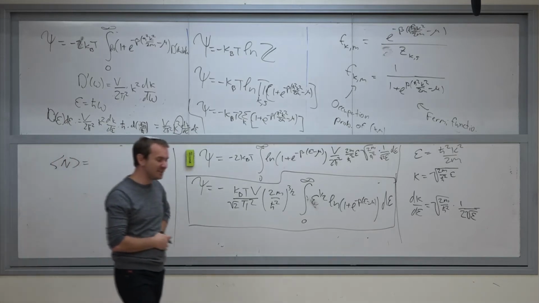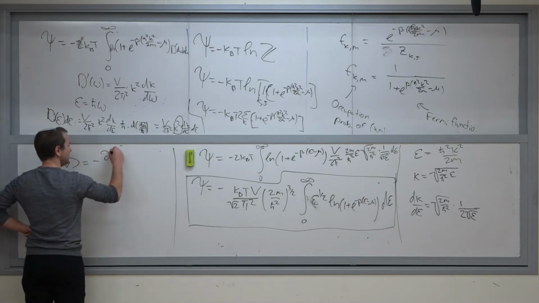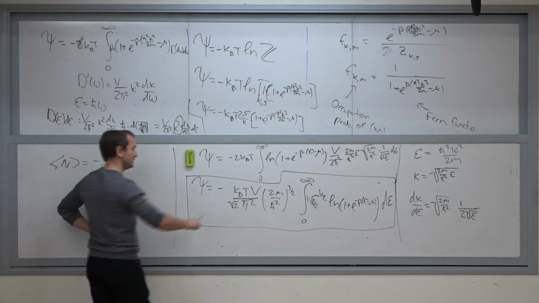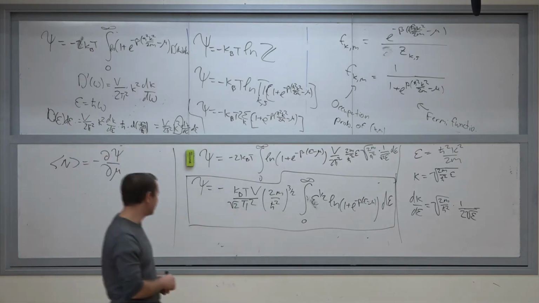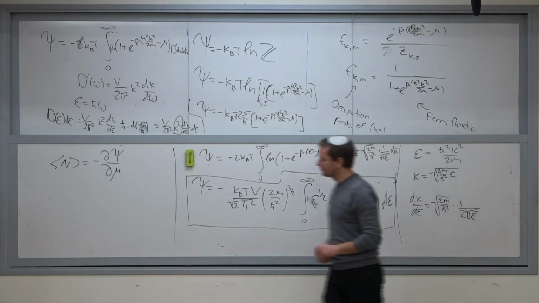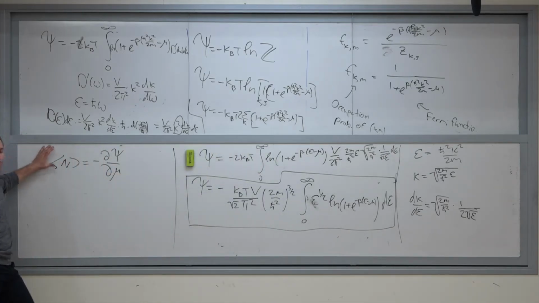According to the definition of the grand canonical potential, it's simply minus d psi divided by d mu. So we should take this expression and take the derivative with respect to mu over here. Actually, you do not need to remember those formulas, and usually you don't really need to perform those derivatives, right? Because a much nicer expression is going to be, well,